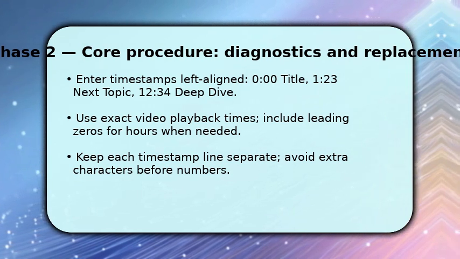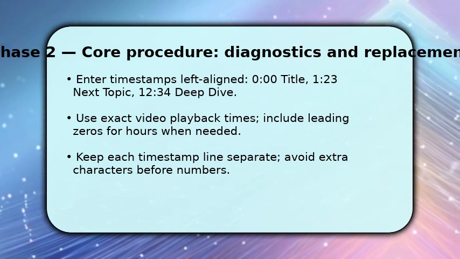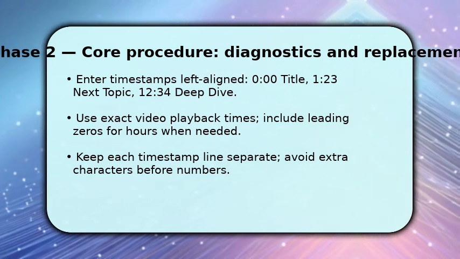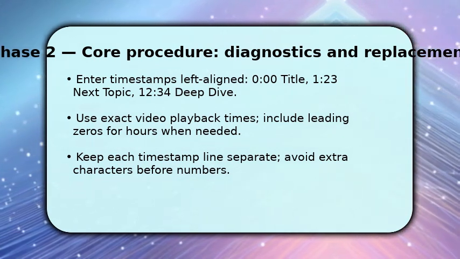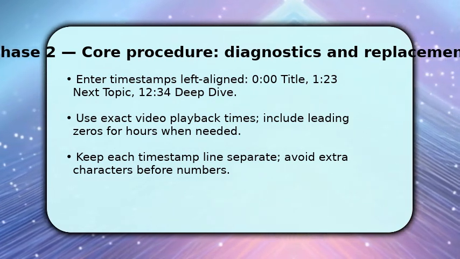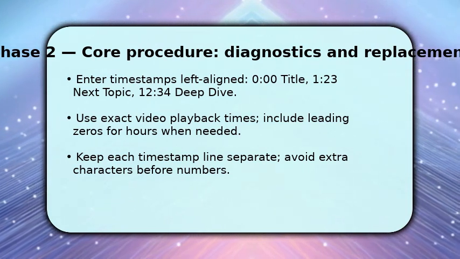Use leading zeros for hours like 01, 02, 03, so YouTube reliably recognizes the pattern. Once you paste all timestamps, preview by saving the description and clicking a timestamp. It should jump to the correct frame. If it doesn't, edit the time to the exact second while watching playback, because 1 second offsets change the link